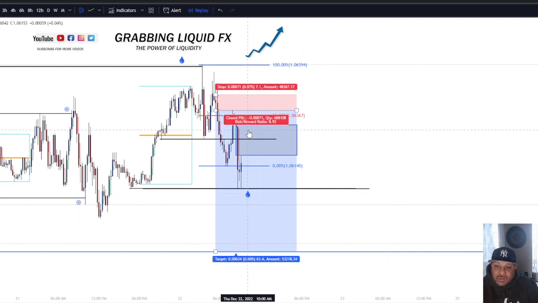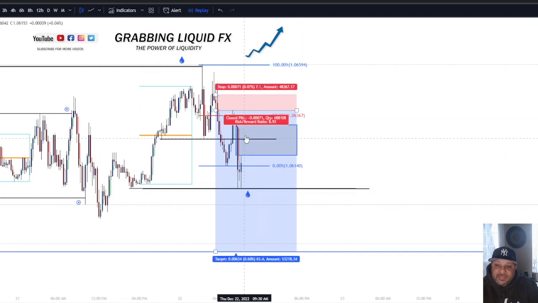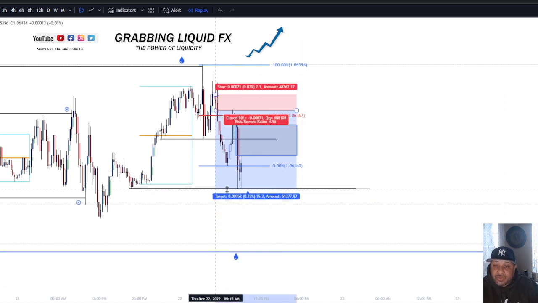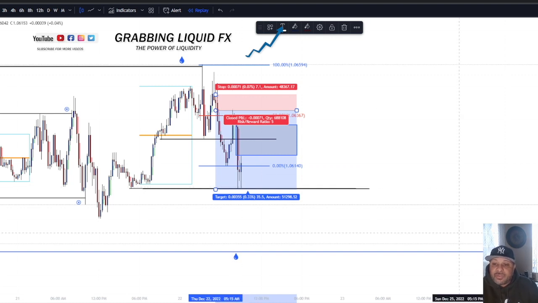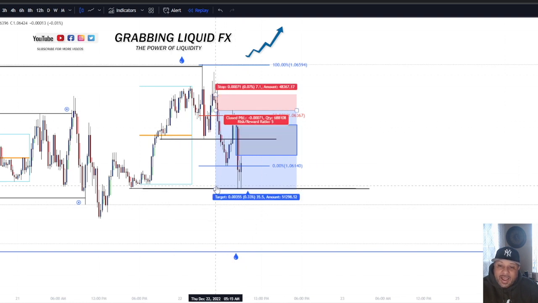And so I'm willing to sacrifice this because I understand that this is a magnet and this is a magnet, and price is just being efficient, trying to fill imbalance right here, right? And so my anticipation on this trade, even though I was already at a 5 to 1, because this is what we really look for in the market, a 5 to 1 scenario. And so because we're looking for a 5 to 1 scenario, a lot of people would be satisfied, but understanding